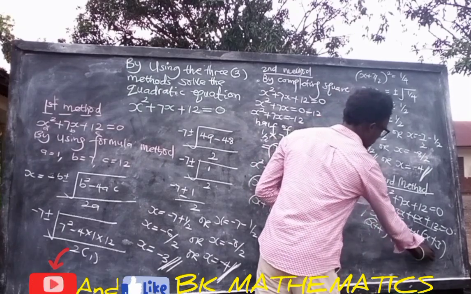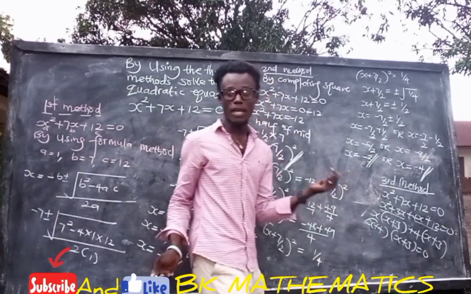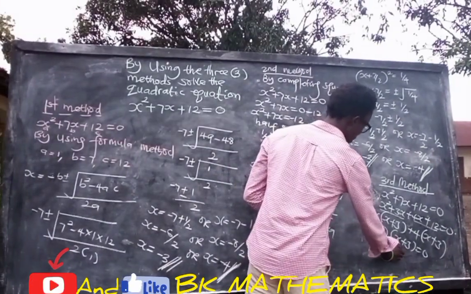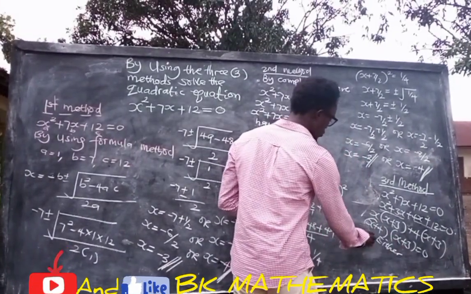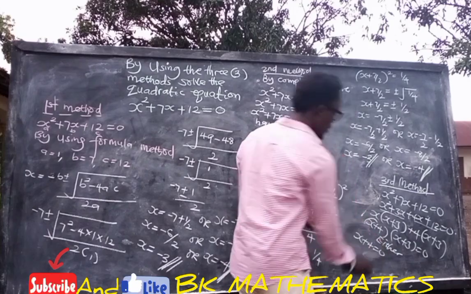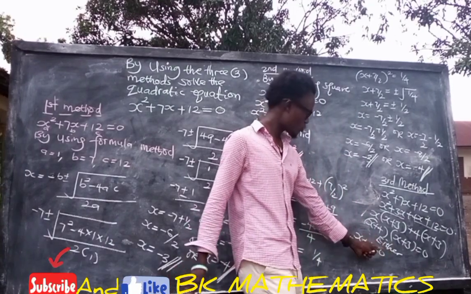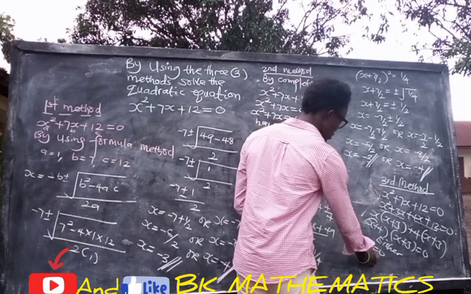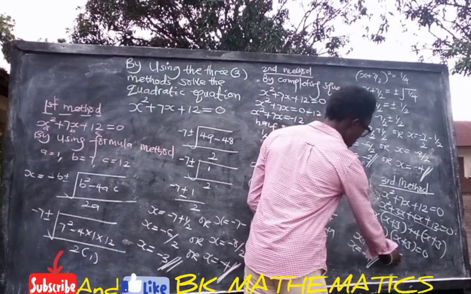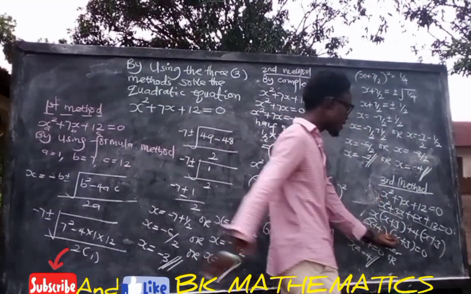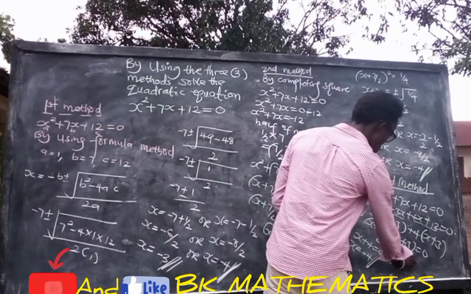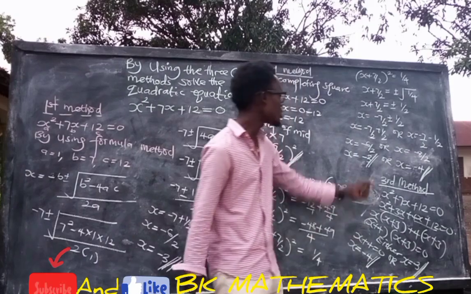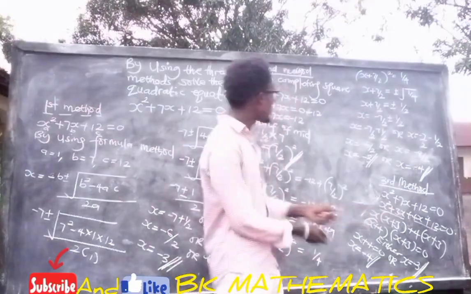Everything becomes 0. Now we can say either, because we are also finding possible values of x, either the value of x plus 4 becomes 0. Then if this plus 4 is moving to the other side, automatically the value of x becomes minus 4. Or it can also be the value of x plus 3 equals 0, then the value of x becomes minus 3 respectively. So these are the two possible values of x using the factorization method. You can see from this point